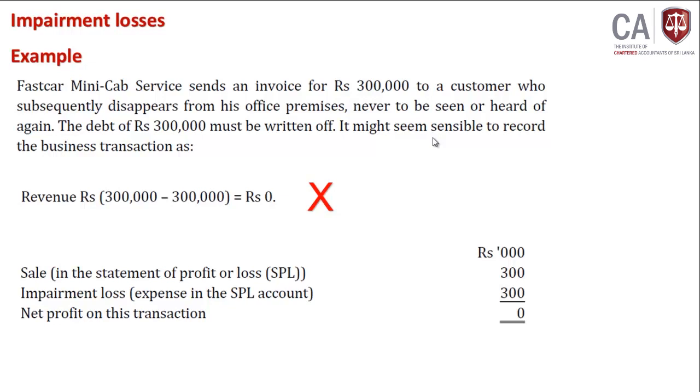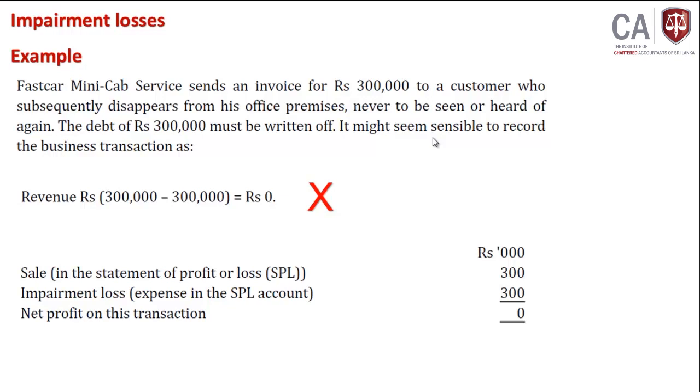Why? Because even if you record sales of 300,000, subsequently you charge the same 300,000 as impairment to P&L. So net impact is 0. Therefore, you thought of recording revenue as 0. No, you can't do like that. First, you record the revenue transaction as what? 300,000 sales credit,